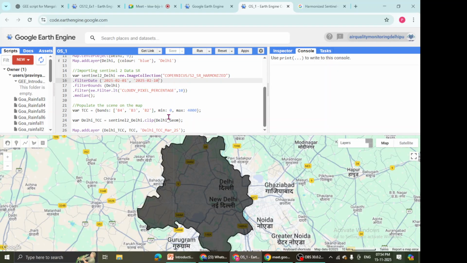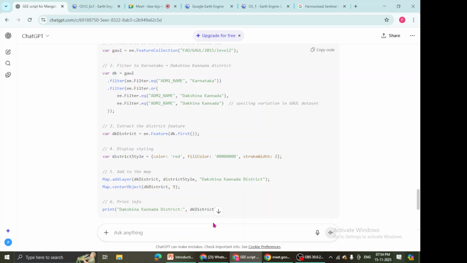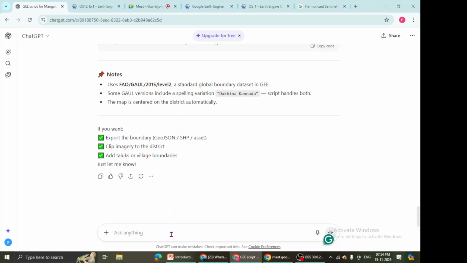So once this is done, let us go back to ChatGPT. Here, what we are going to do, we are going to tell it: create an AOI, that is area of interest, for Ernakulam district plus 2000-meter buffer. I would really want to go one step beyond and just try something new, isn't it? So 2000-meter buffer,